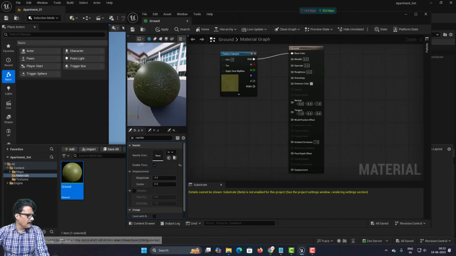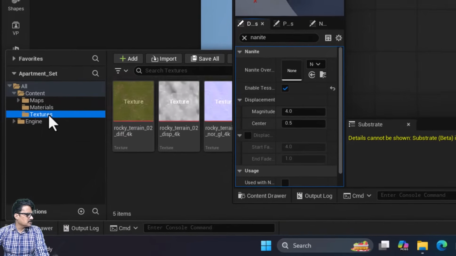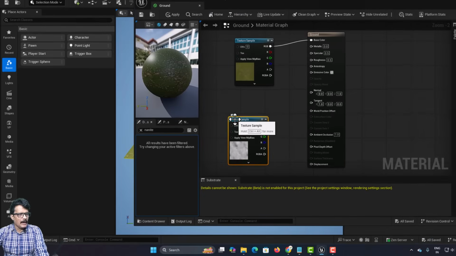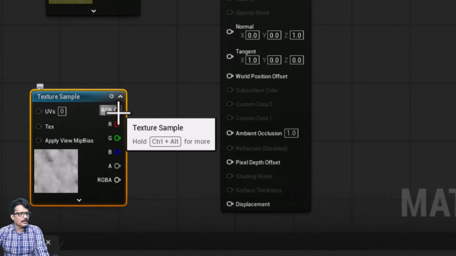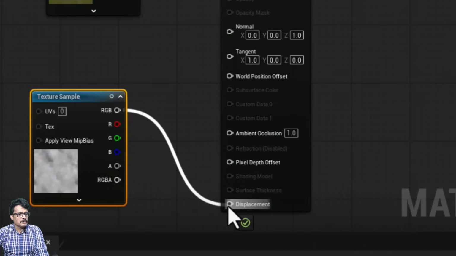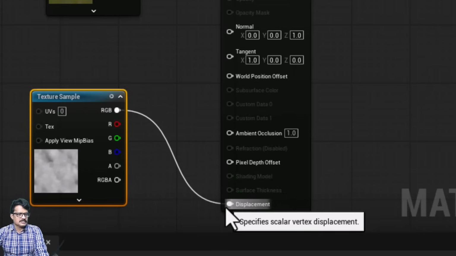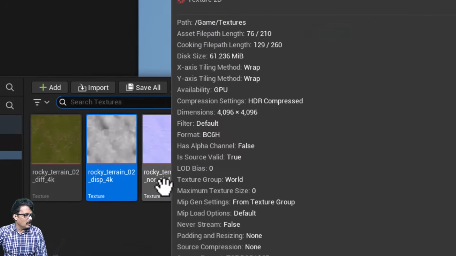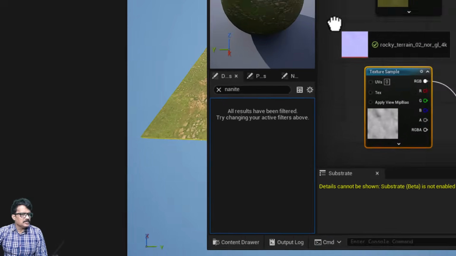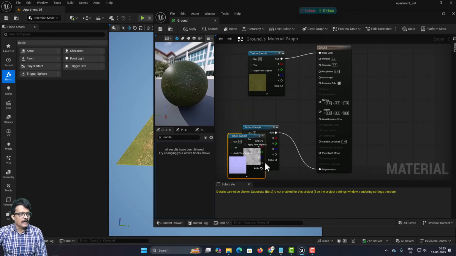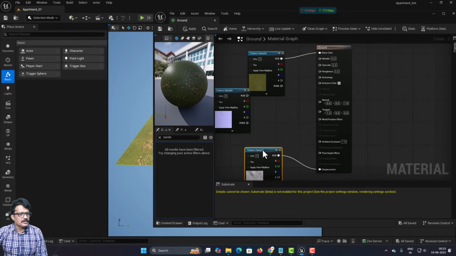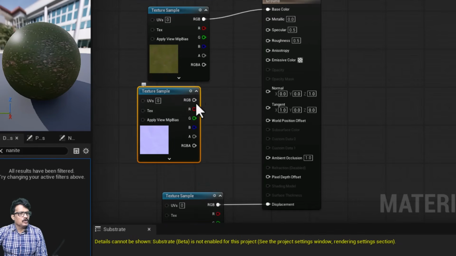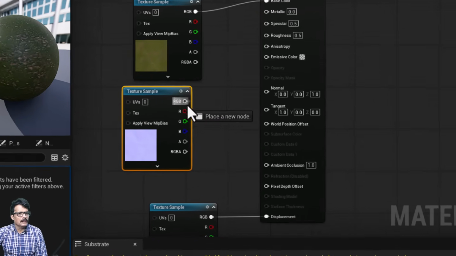Now I will come back to content drawer, texture, and I am going to drag this displacement map here, and I am going to drag and attach the displacement map to this. I will just drag it a little. You have rocky terrain normal. I will just drag this texture now here, and I will just drag the displacement texture down, and I am going to connect this normal to